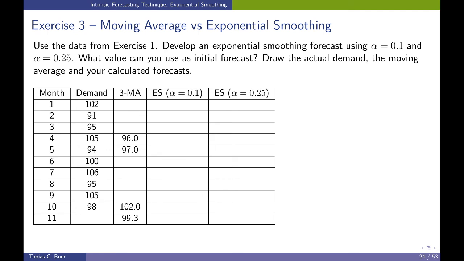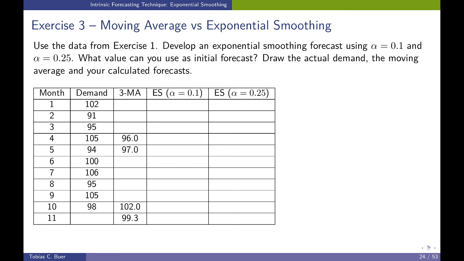You see that we have in the third column the 3 months moving average, and in columns 4 and 5 we have the exponential smoothing. In column 4 we apply a smoothing constant of 10%, and in column 5 a smoothing constant of 25%. And then you should draw your results to compare